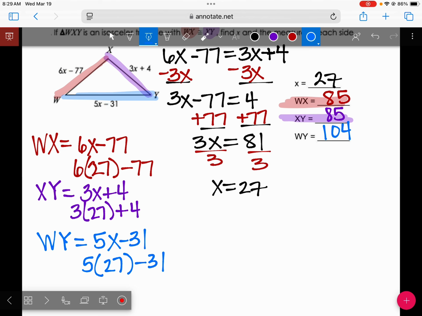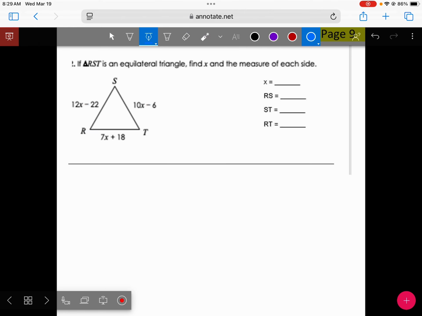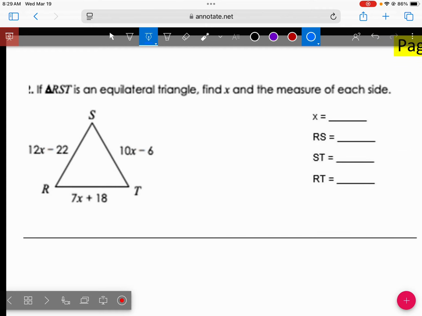Any questions about how we did that? Pretty simple, right? All right, our last one, and then we'll be finished. You'll have the rest of the time to work on homework 1, which is due tomorrow. So this is equilateral. So it doesn't matter which 2 sides we choose. So we can set this equal to this, or we can set these 2 sides equal to each other. You just need to pick any 2 sides that you want to choose and set them equal to each other